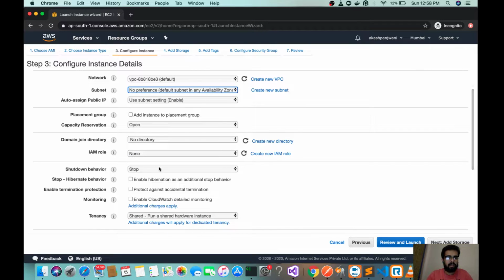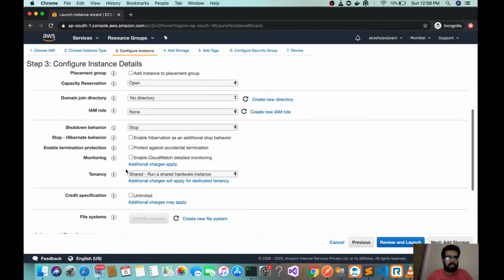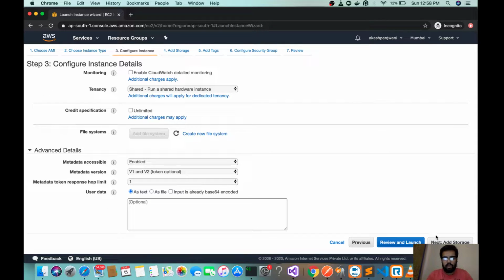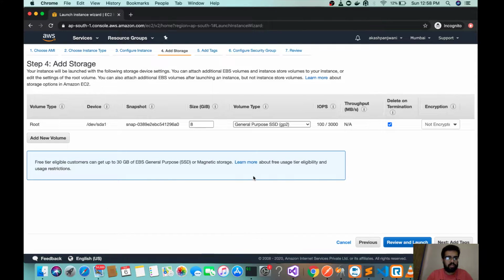Domain join directory, IAM roles and shutdown behavior I am also leaving as default at the moment. Next I am adding the storage, the EBS one, as I told you. The volume type is root, the device is /dev/sda1, 8 GB I'm taking right now, SSD type general purpose.